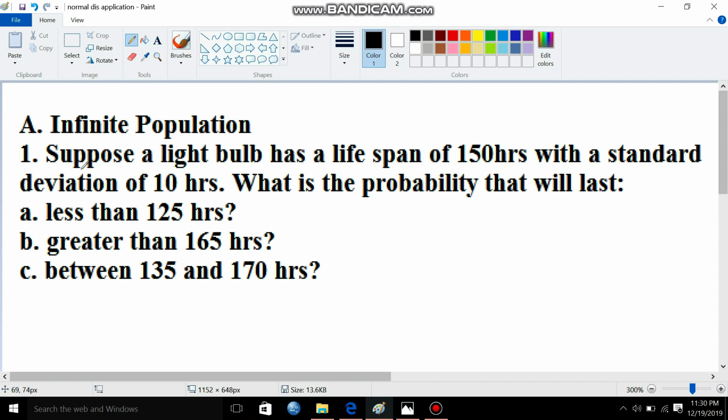Suppose we have a light bulb whose mean lifespan is 150 hours with a standard deviation of 10. What is the probability that it will last: A, less than 125, B, greater than 165, and letter C, between 135 and 170 hours? So in these three questions,